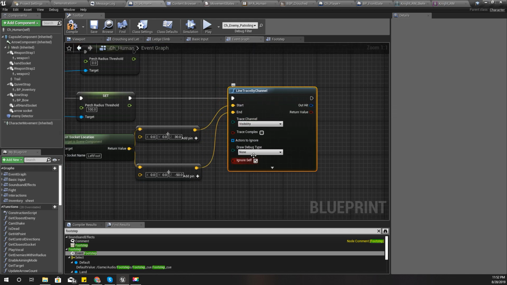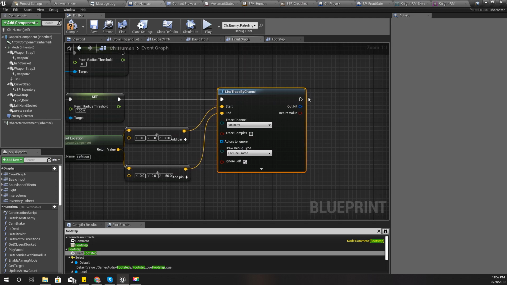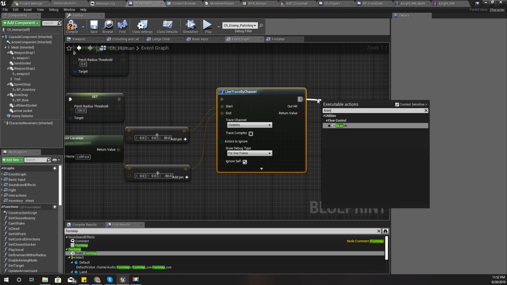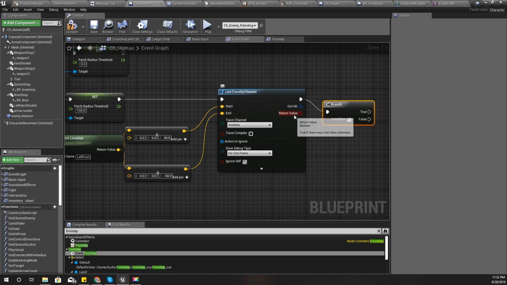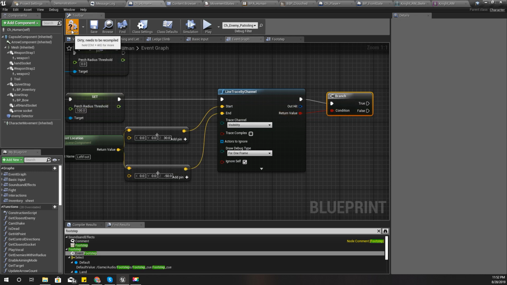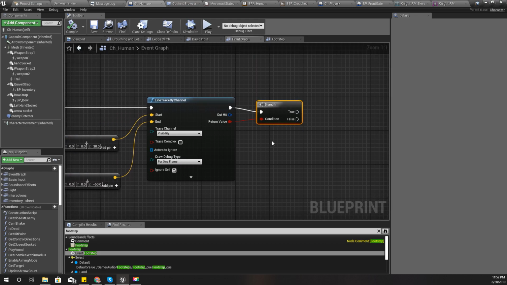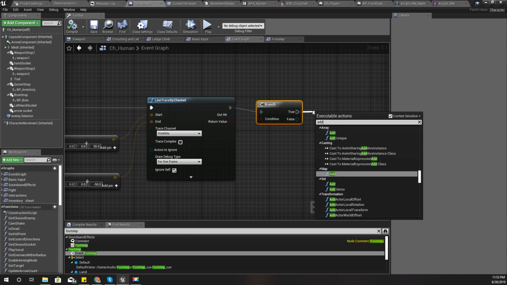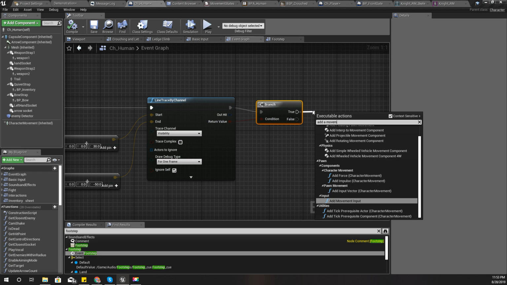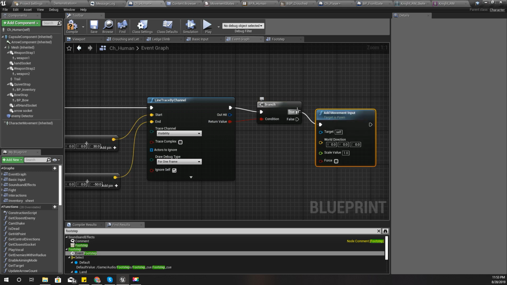I'll use the visibility channel and keep this for one frame. So if I don't get a hit, that means my left foot is in the air, right? So if that happens, I'll try to add a movement input. If this is false,